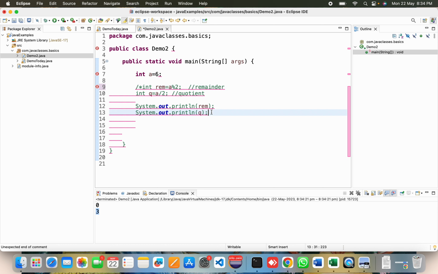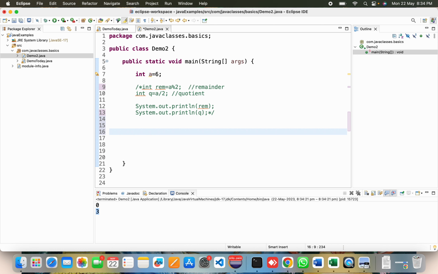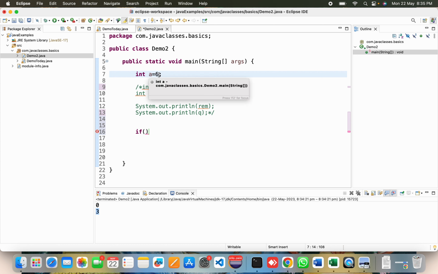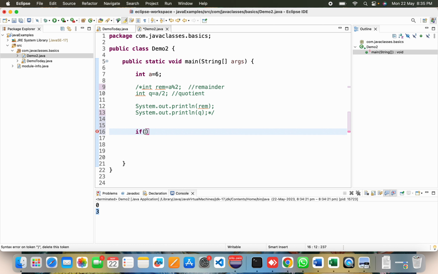Now to perform the even or odd check, just give me the syntax for the if condition. If remainder is equal to 0. No, I have commented this code. I just gave int a as 6. Now if I want to check whether this particular number is even or odd, what should I do? Then you should go to the next line, right? Yeah, in the next line I have written a % 2